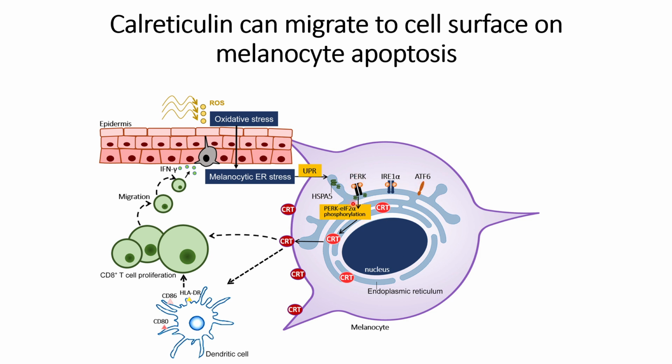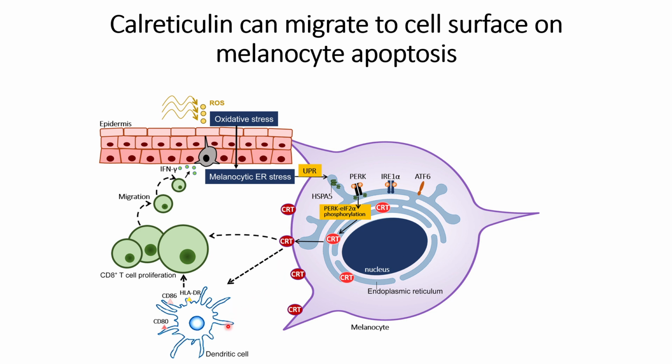Among these, PERK is found to cause the translocation of CRT from the endoplasmic reticulum to the cell surface. And this CRT, that is here the calreticulin is represented as CRT, then helps in the